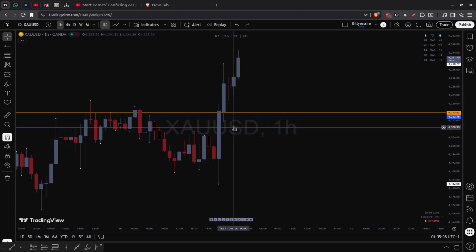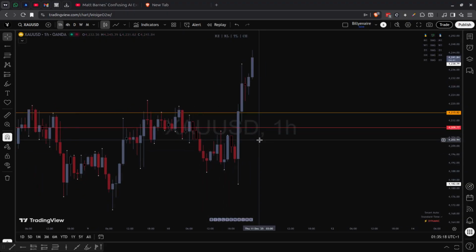So yeah, this low also coincides with my level. You see, it's actually lower than the H4, so I can just delete that H4. I'm just going to leave it here, honestly. I like this very, very much. So this is what I'm going to do. I'm going to place a limit